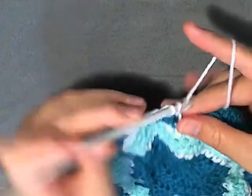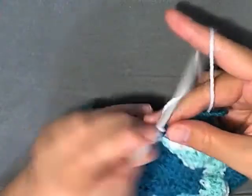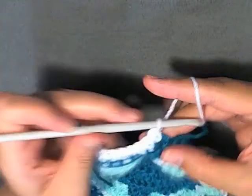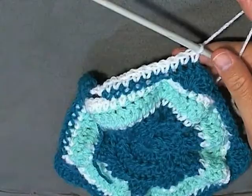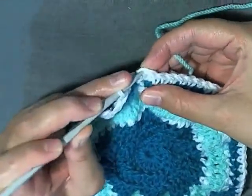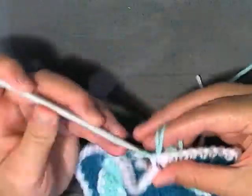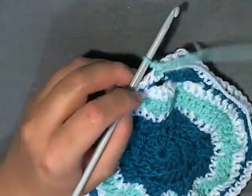So continue to do your single crochets in each stitch around, and I'll see you back here in a moment. Okay, I just got done with round 8. And again, I'm going to change my color to this lighter color. Then chain 1 and turn. Now for round 9,